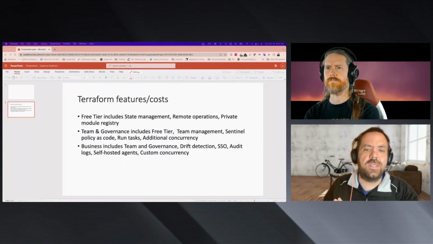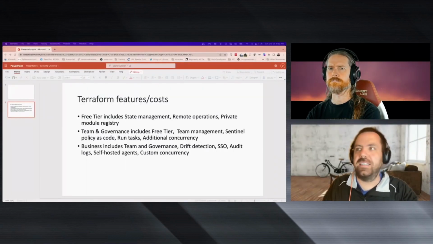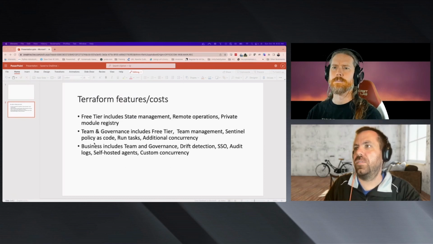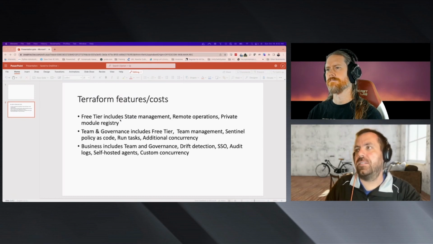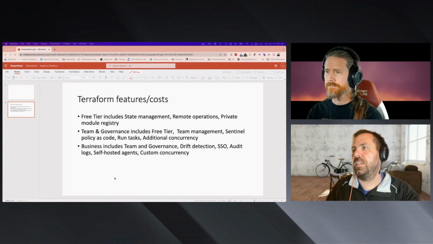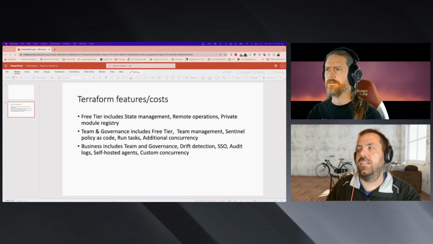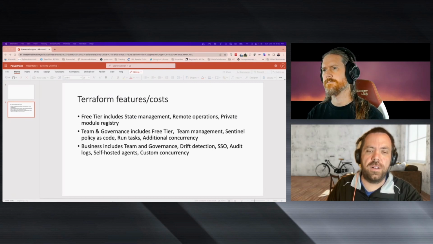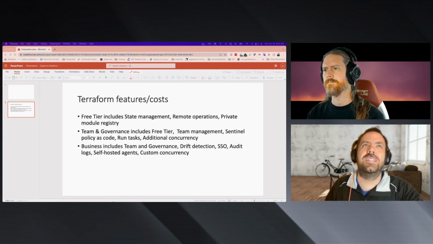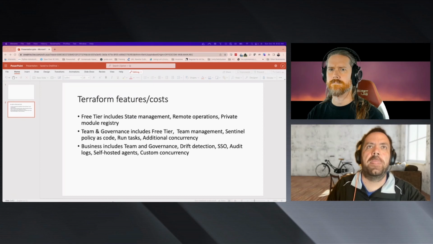The negatives of Terraform Cloud are mainly around the pricing structure, and we'll go over the different tiers real quick. There's the free tier, which, like I said, includes state management, remote operations, and private module registry. The team and governance tier includes the free tier, and adds team management, Sentinel policy as code, run tasks, and additional concurrency. With the free tier, you get one runner, which is generally okay with what I've been doing, but there's been